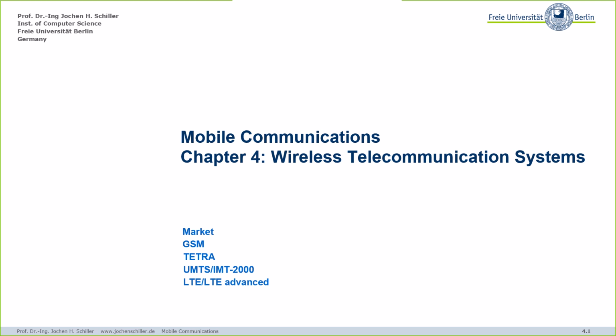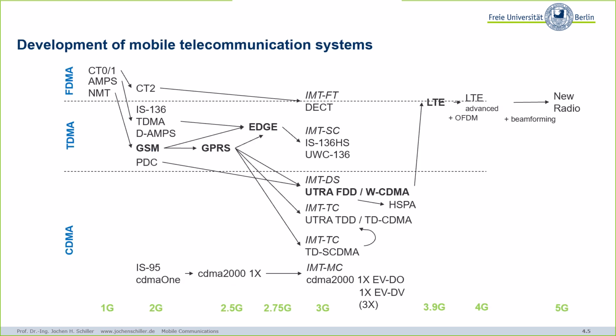I showed you some market figures, and then particularly this maybe confusing figure, confusing in the first place, where I put the different generations into relation. As I told you, this counting started when 3G was introduced, so let's say roughly 20 years ago. And then looking back, people said, okay, now we have the third generation, okay, second generation. That was the start of the digital networks, and before that we had some first generation things, analog networks.